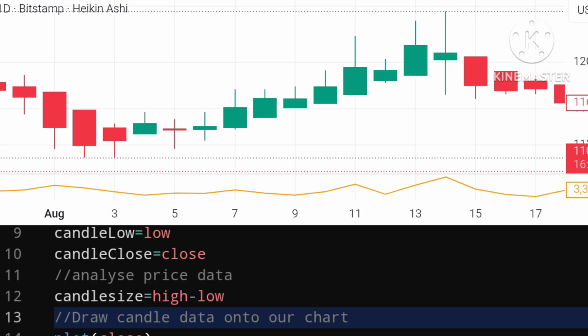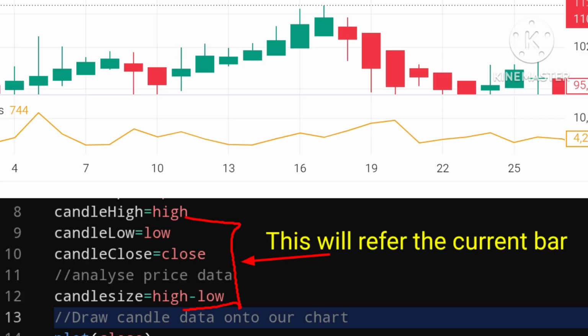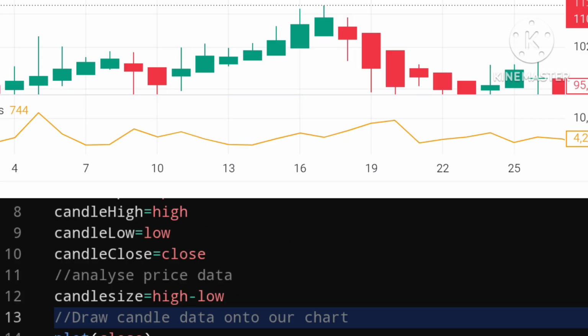So as you can see, it is really easy to analyze price data. Obviously, the more complex analysis you are doing, the more complicated it gets, but it is really simple to assess the data and to analyze it. Let us try something a little bit more complicated to demonstrate the historical operator. So let us say we want to reference a historical bar on our chart. This will reference the current bar and this will run on every bar on our chart.